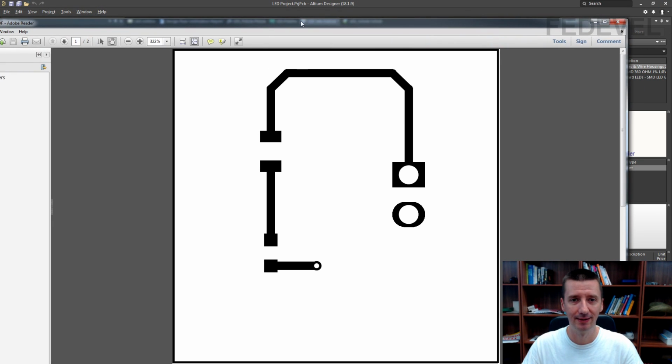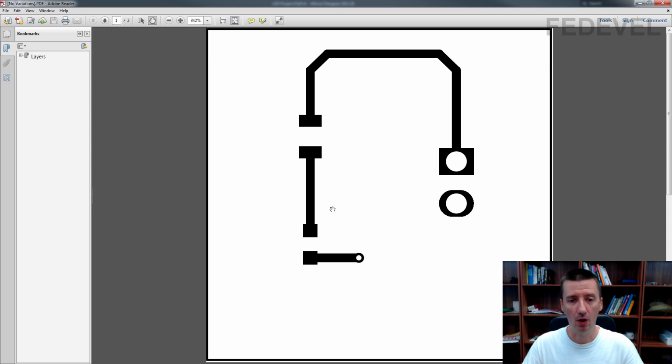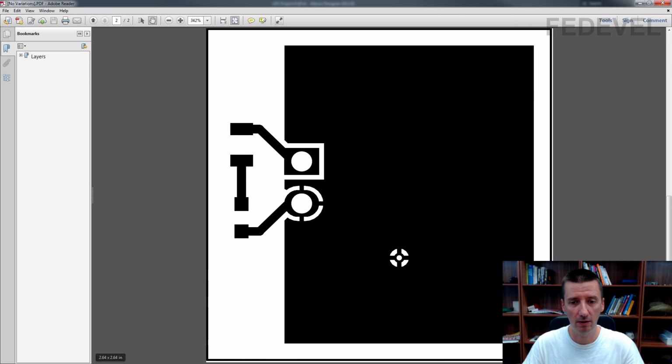Here is the document. When you print this on a paper or when you print it on a foil, it will be printed in the scale 1:1. So it will have the real size of your PCB. And on the first page, there is the top layer, which you can use to manufacture the top layer of your PCB at home. Here you can see these are the holes and this is the board outline. If you go on the second page, there is the bottom layer of our PCB. It is mirrored. Again, you can see the holes and here is the outline.